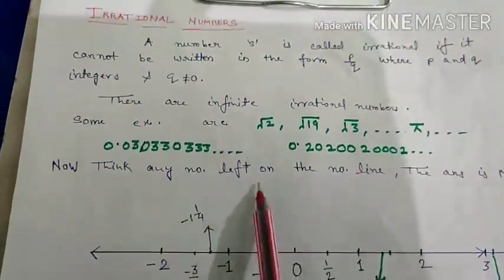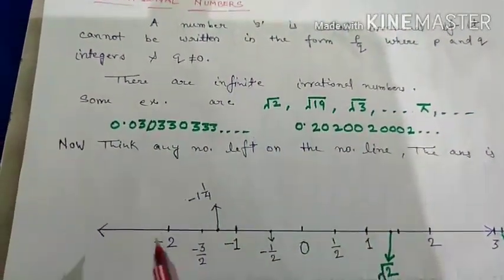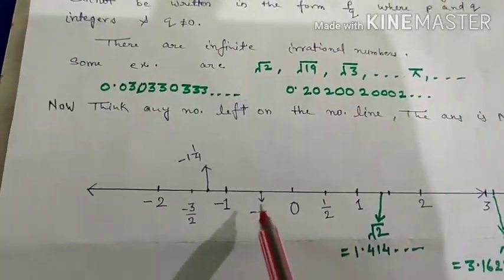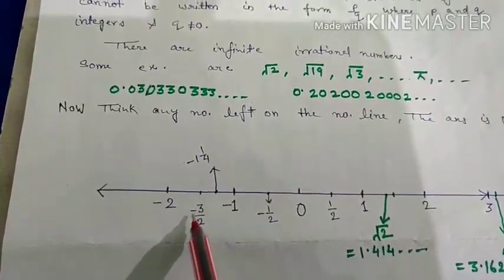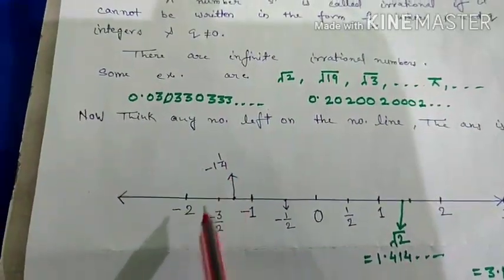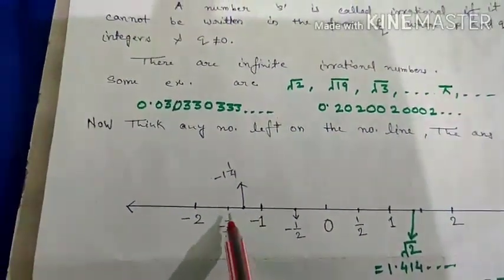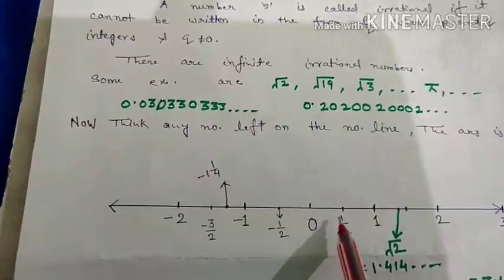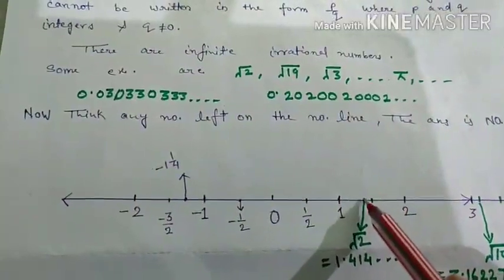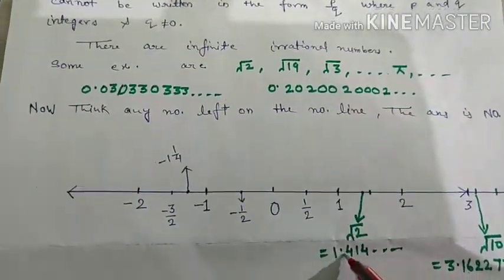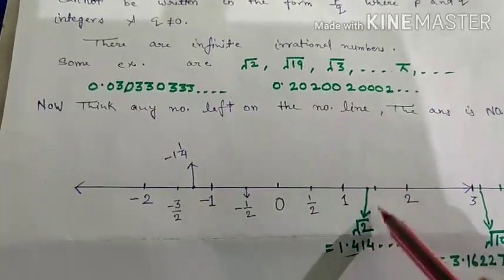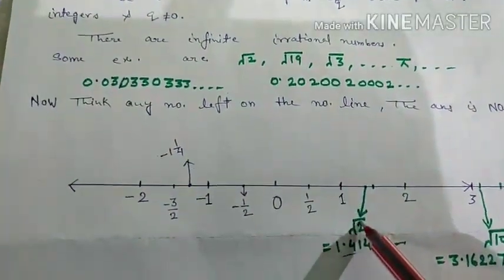Now think of any number line. Yes, we can see this is the number line, and here we have 0, minus 1 by 2, 1, minus 3 by 2, and minus 1 and 1 by 4. Means there are so many numbers. You can see here 1 by 2, 1, and here we will have under root 2 also, which is equal to 1.414 dot dot dot. It is approximately 1.4, so it will definitely come near this point